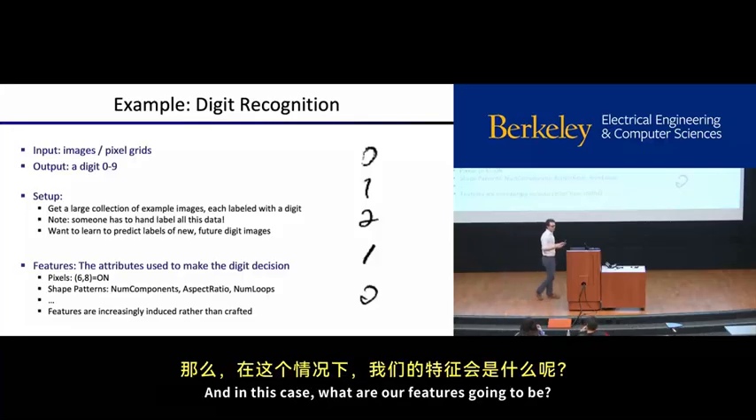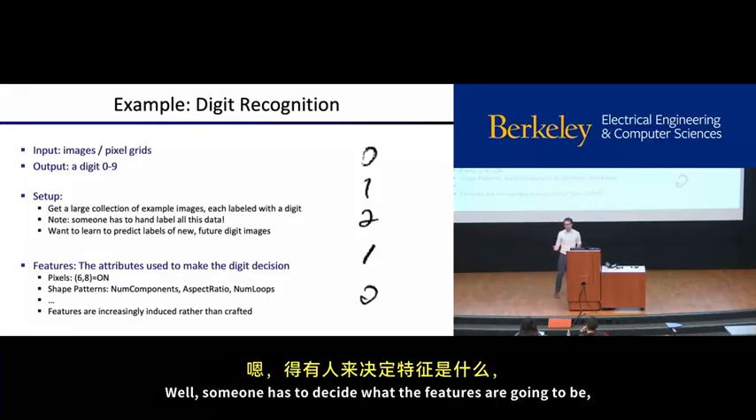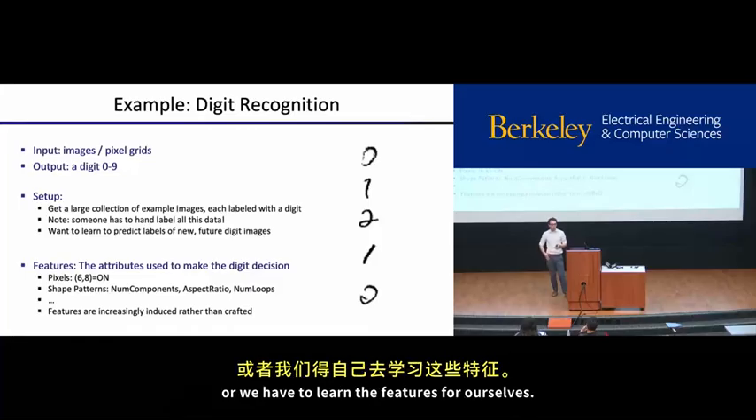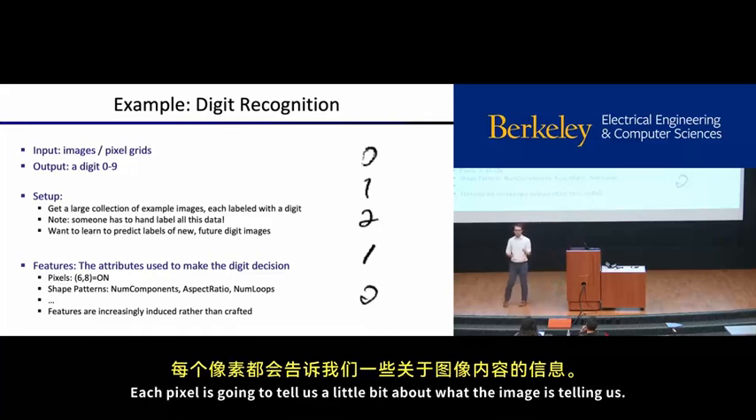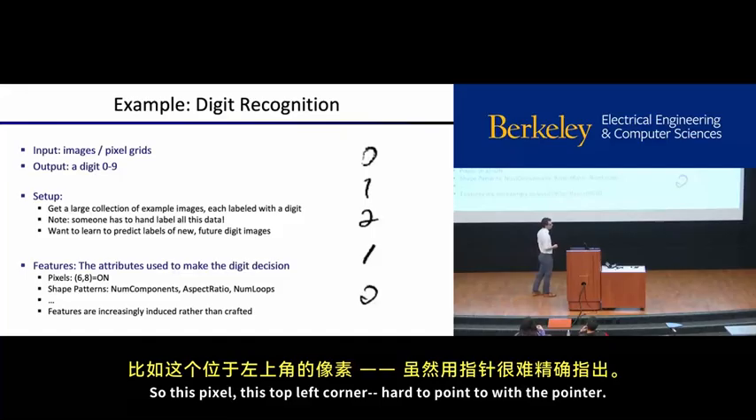And in this case, what are our features going to be? Well, someone has to decide what the features are going to be, or we have to learn the features for ourselves. Let's say, for the sake of argument, that the pixels are the features. Each pixel is going to tell us a little bit about what the image is telling us. So this pixel, this top left corner,